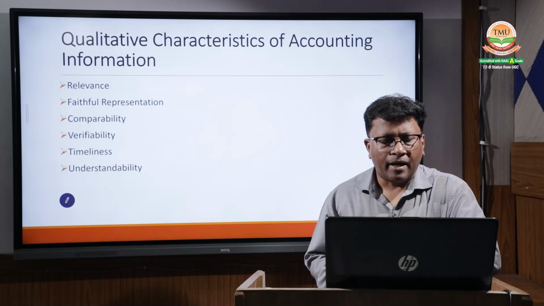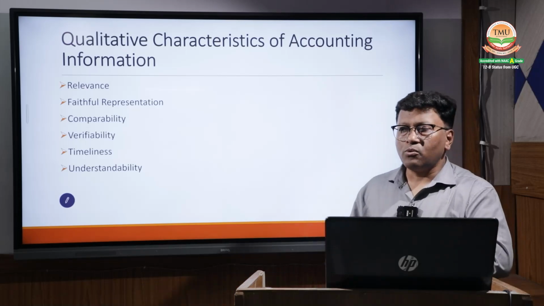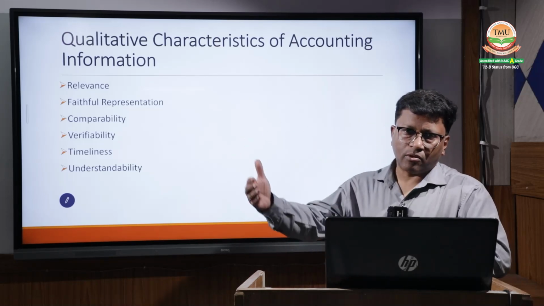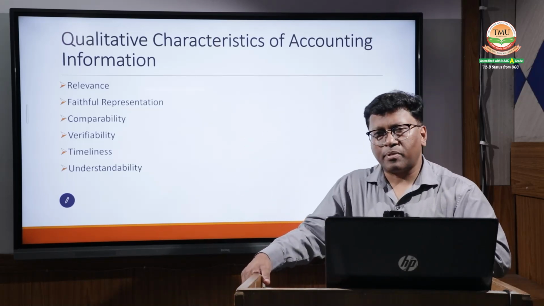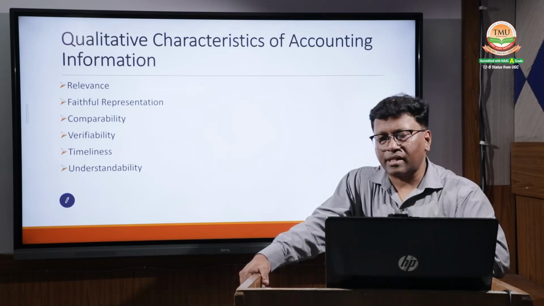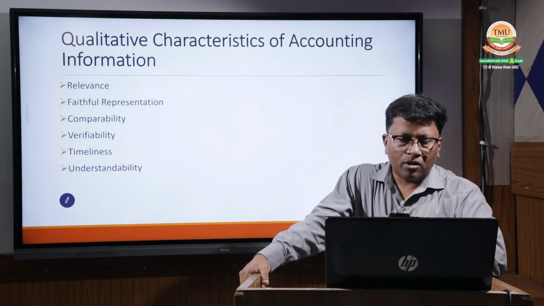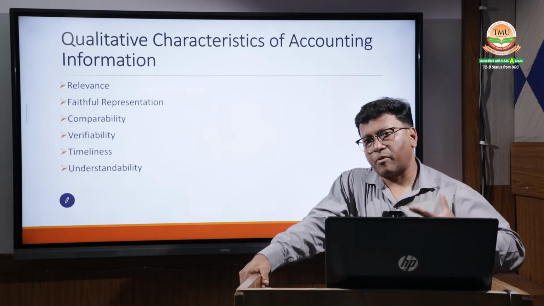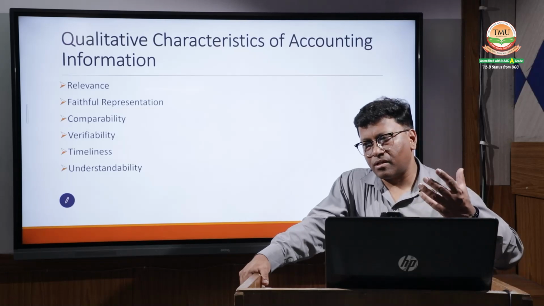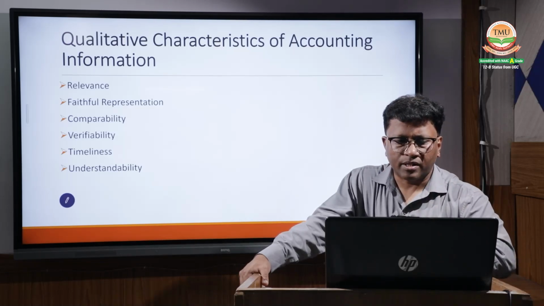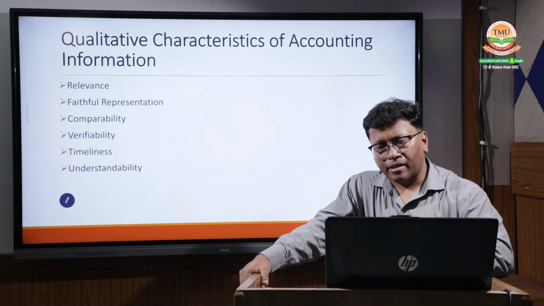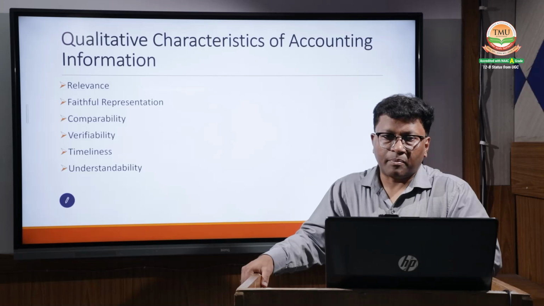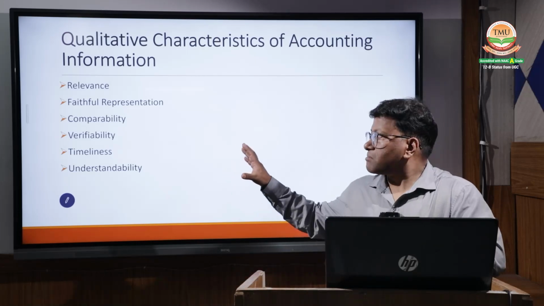And comparability, it means you are in a position to compare the accounts, or from other companies also you can gather the information, or you can compare the financial performance of two or more companies, right, taking the information from the accounting system. Or suppose in a particular company, you are measuring the financial performance by comparing the previous records, taking the information from the accounting system. So comparability should be there, right? If you can compare the accounts on the basis of applying some methods,